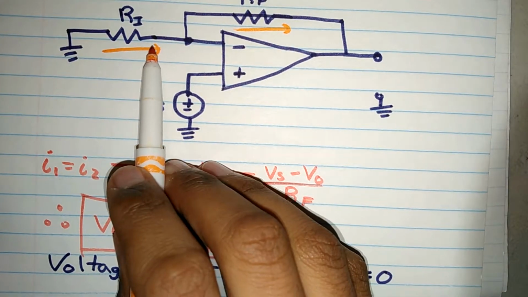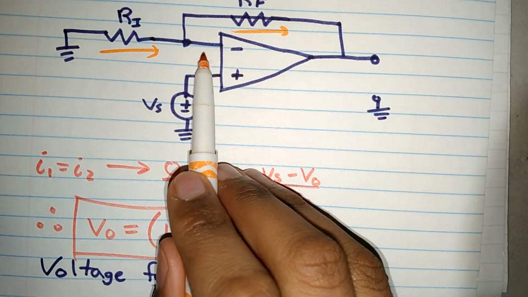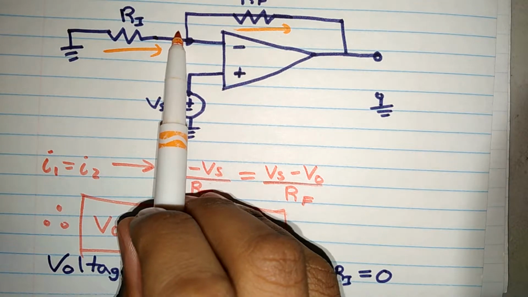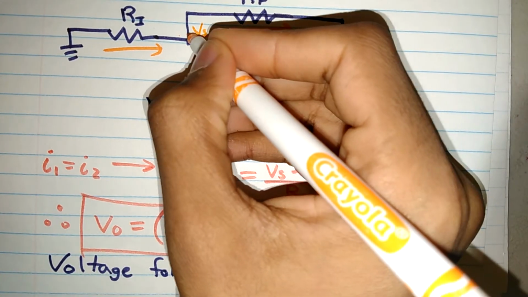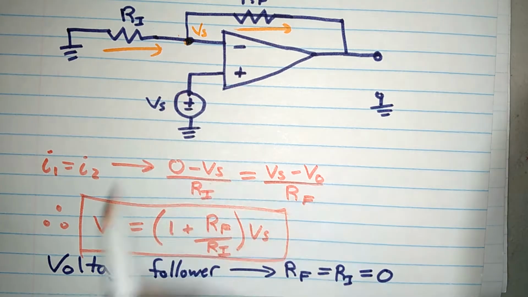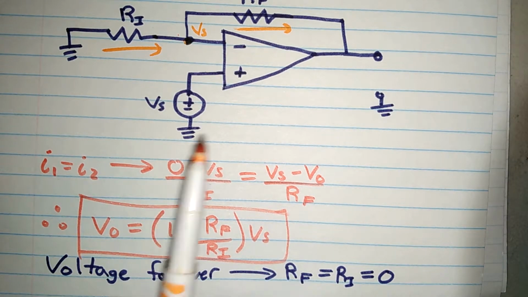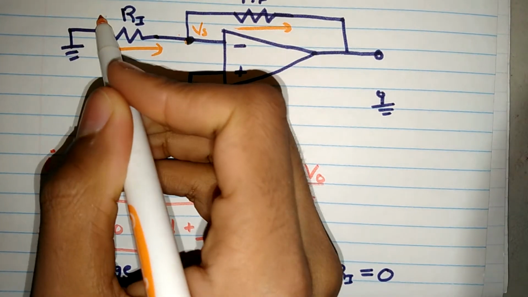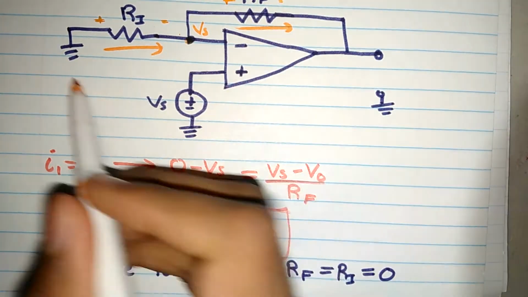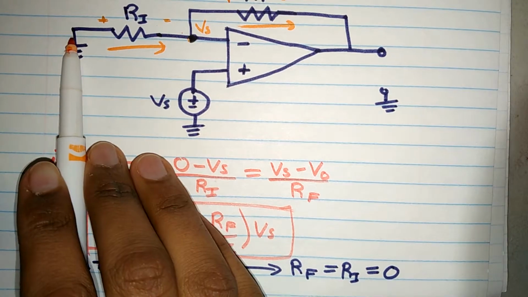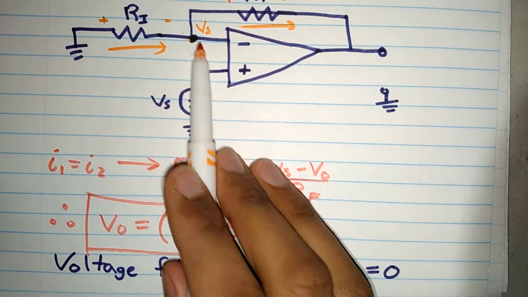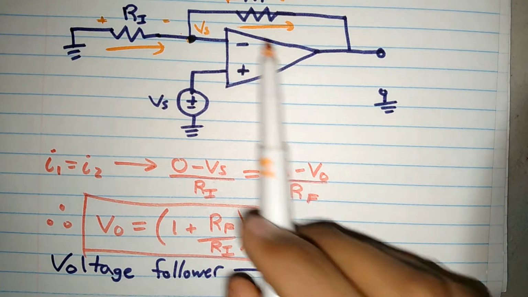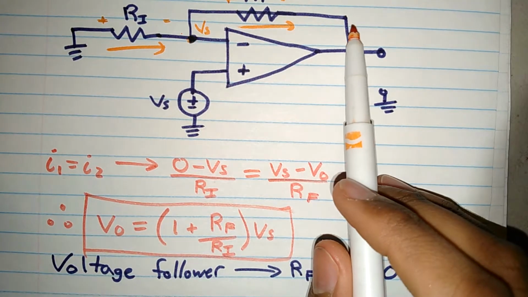Well, this is I1 and this is I2. We don't know the current going through here, which means Vs is at this node. That's the voltage at this point. Then through Ohm's law, I can say the current going through this way, the voltage drop, is 0 minus Vs over Ri. And that must be equal to Vs minus Vout